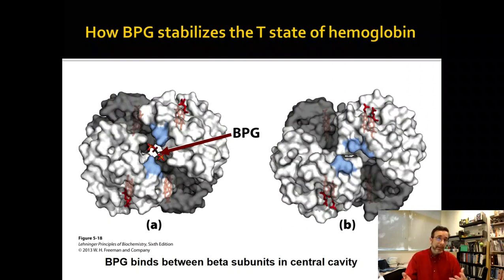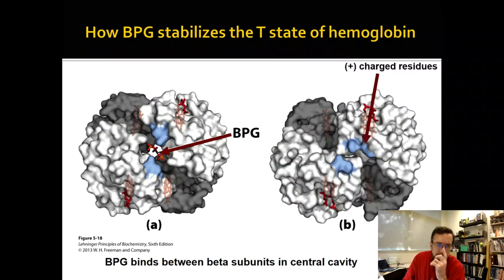It turns out that it messes it up in a good way for you if you are living at higher altitudes. It allows the hemoglobin to function almost as well at the lower partial pressures in the lungs. So, there you go. You have the BPG sticking right there in the middle, and it's literally wedging the C-terminus apart, stabilizing the T state by binding it, preventing, or at least inhibiting, the transition that we have to the R state. That means that overall, in the population, you will have more T state, less R state.